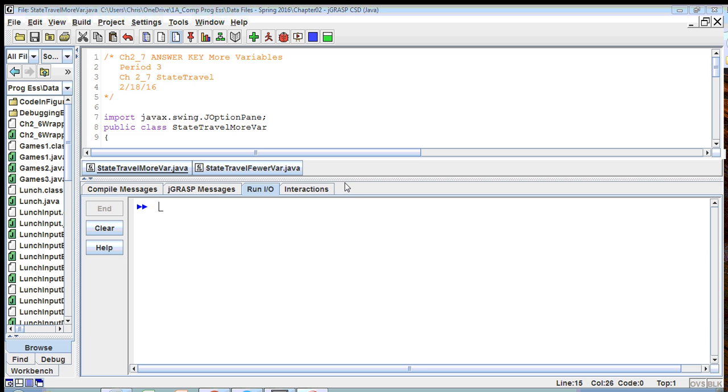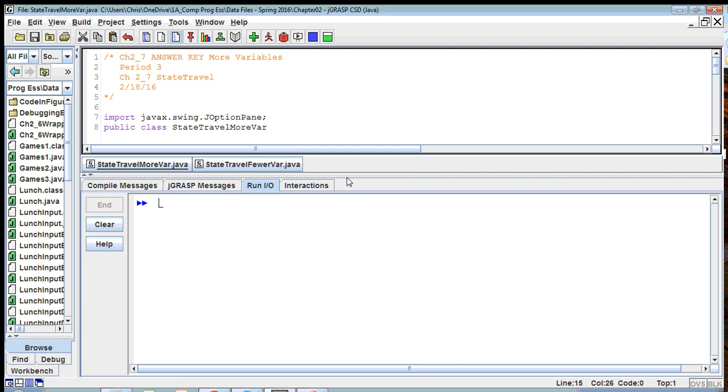Okay, we're going to take a look at the homework from last night, chapter 2:7. There's two ways you could do it. You could do it with more variables or fewer variables. I'm going to show you both. This should be quick. The first thing that it says is write a program in JGrasp whose class name is